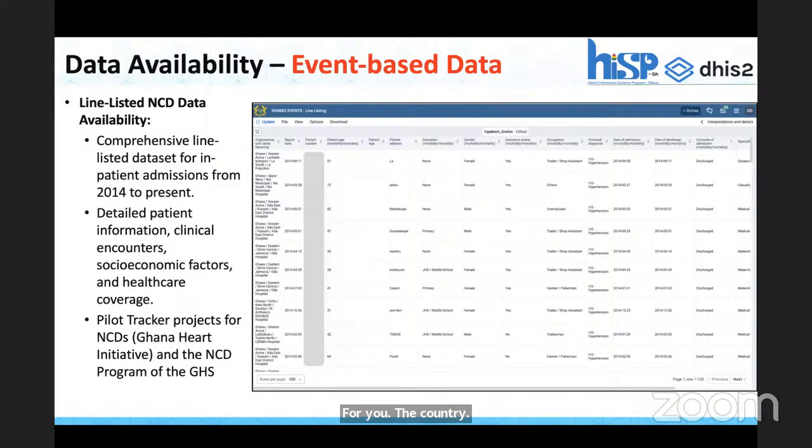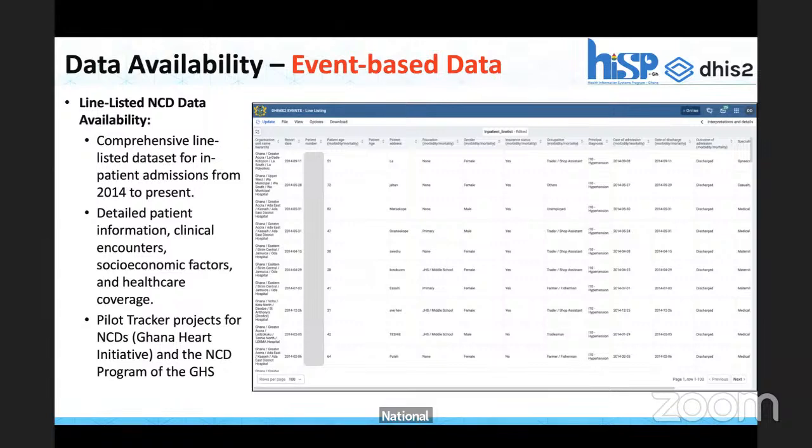Then we also noted that there have recently been some pilot deployments with NCD tracker for trying to set up an NCD registry for hypertension, diabetes, and then some childhood cancers. That is being piloted by a project called the Ghana Heart Initiative in some coastal communities in the Greater Accra region of Ghana. And then also within the Ghana Health Service, there is a program called the National